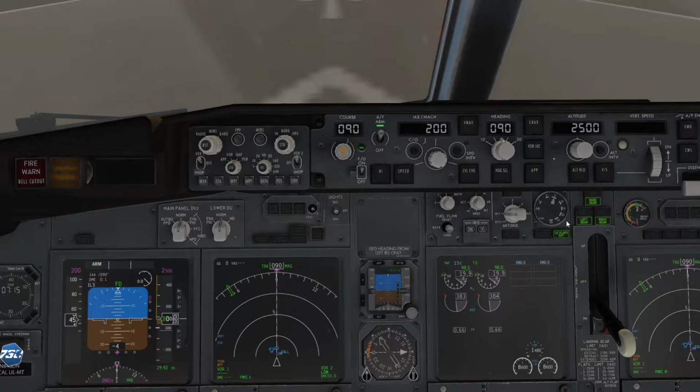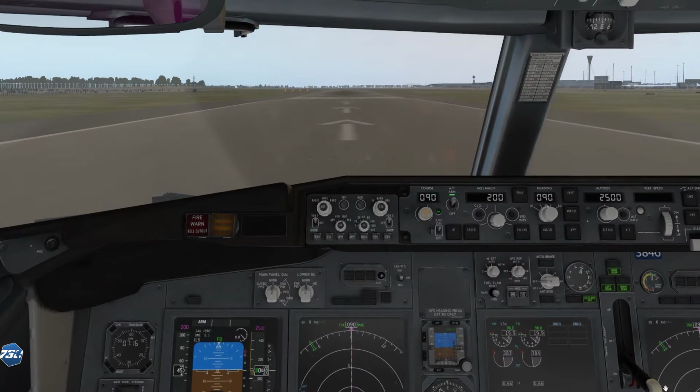And the flaps 5 degrees, and we are ready for takeoff. Change view so you can see the runway. We disengage the brakes, full throttle, and we go